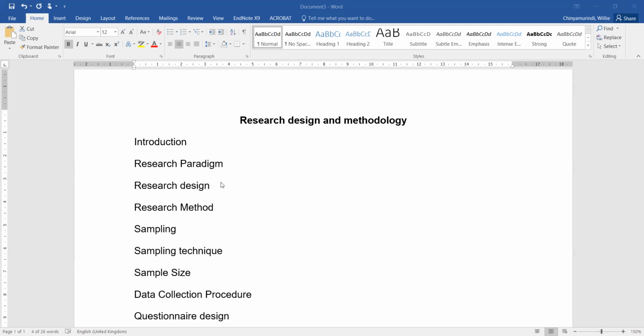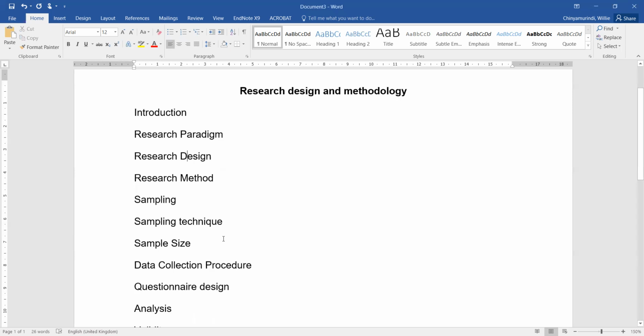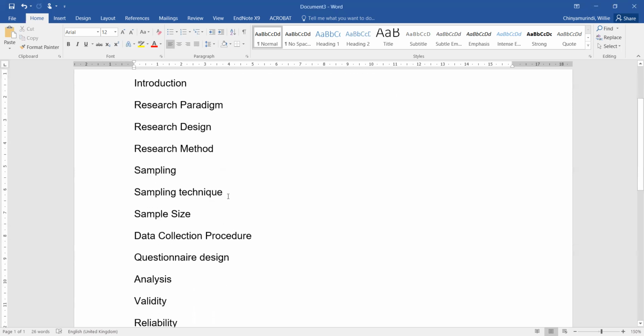And then you do the design, the research design, which you've already done before, and you do the method, and all of you are using a quantitative research method. You then go to sampling. In the sampling section, you explain what sampling is about and why it is important. The sampling approach that we've used is non-probability sampling, particularly using a convenient sample. So you need to put some sources there and explain what that is about.